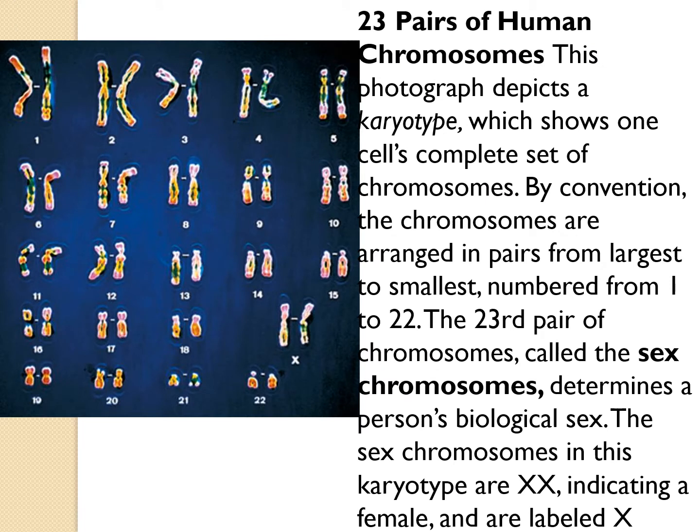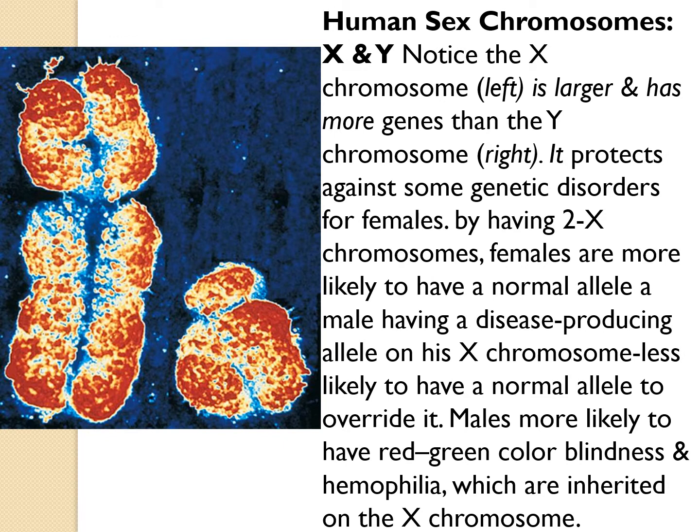We've discussed this before, that you have 23 pair of chromosomes from Ma, 23 from Pa, makes you 46 total. Now when we look at this, the very last chromosome comes into play, and that's either an X chromosome, XX, or an XY. If you look at this, you'll see that the very last chromosome is an X chromosome, and it looks as if there are two long X's there. And so that, of course, is female. When we look at XY chromosomes, there are a few issues that are going to come up. Here's a picture of an X chromosome and a Y chromosome. You can see the Y chromosome is much smaller than the X.